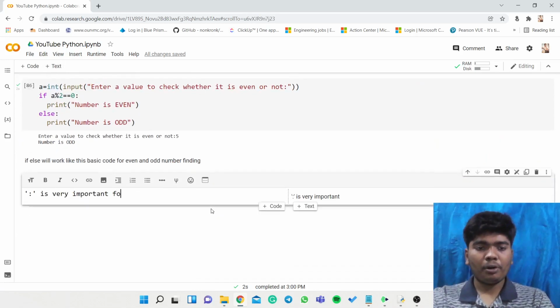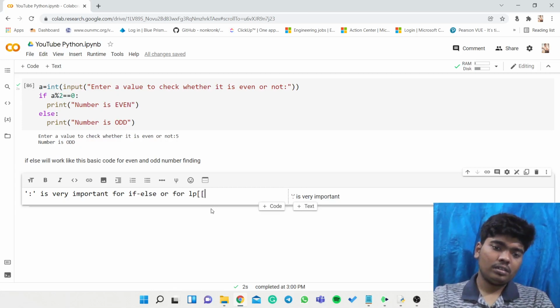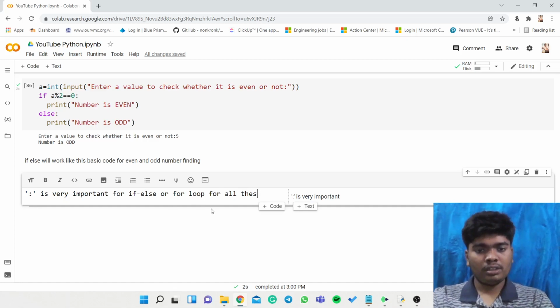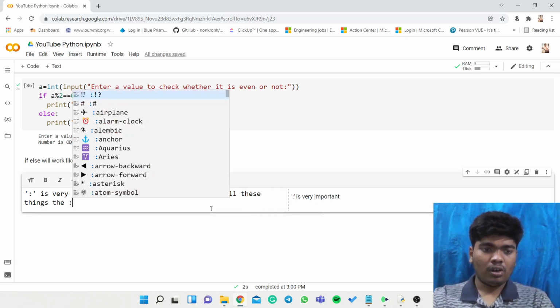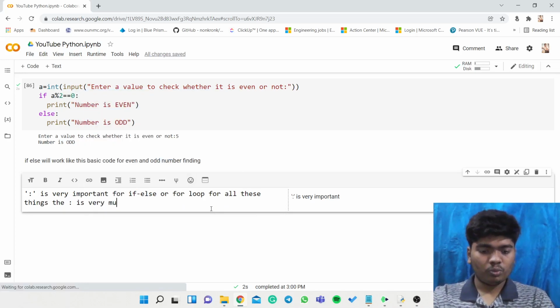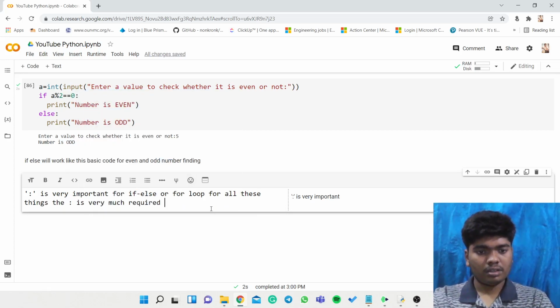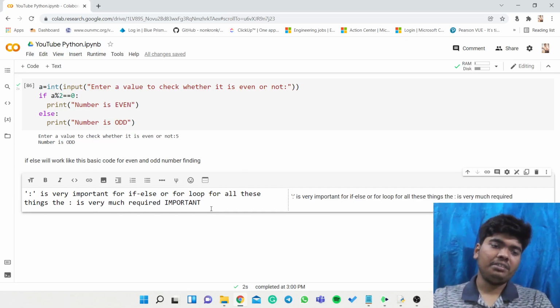Colon is very important for if else or even for loop. For all these things, the colon is very much required, important.